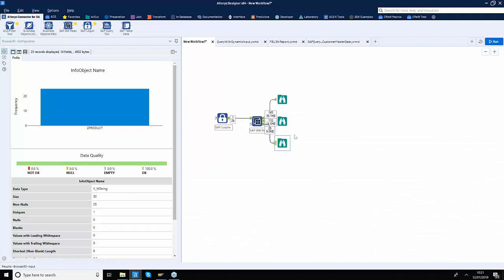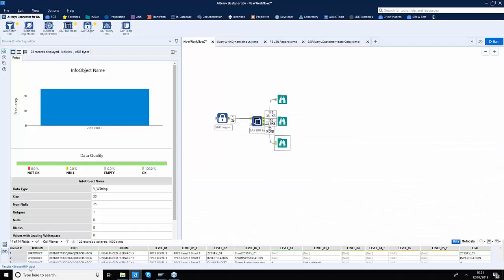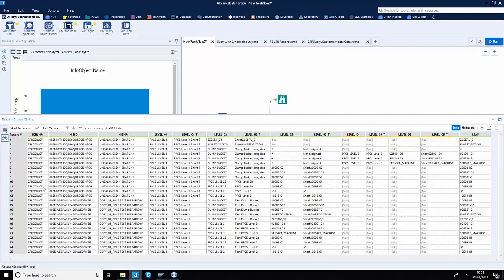First of all, let's look at the hierarchical output. In this case, we have the info object called product, and against that product we selected two hierarchies. That's why you see two different hierarchy IDs, therefore two different names. Starting from level 1, you have all the parent-child relationships. Let's focus for a moment on the leaf node column here. This leaf node column represents the actual product key. So all the product keys that come out of the DVW query tool, out of the D output, also match this leaf node. So this could be a good join criteria.